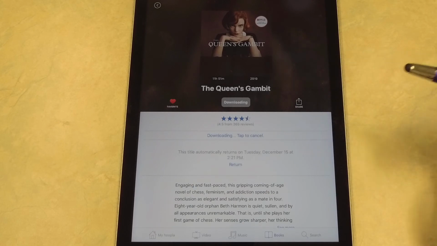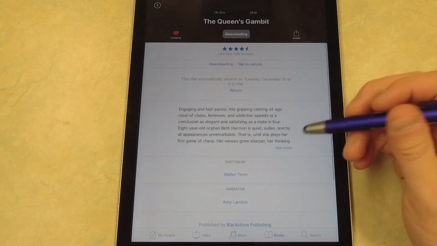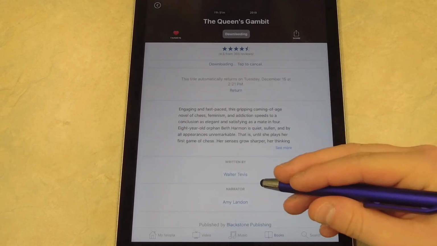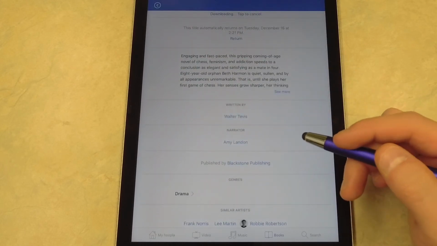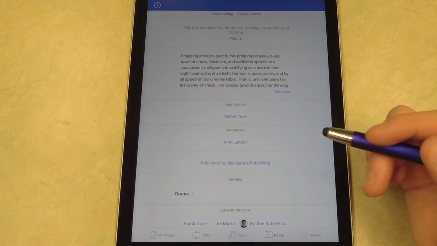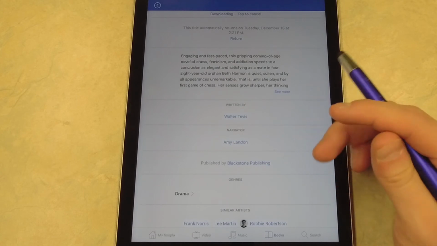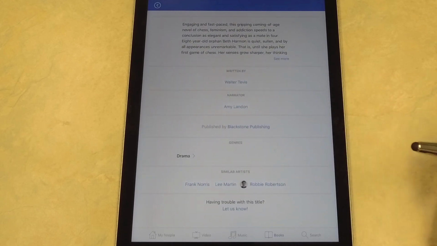So this is still downloading, and I'll scroll down. Here you can see a description of what it's about. It's written by Walter Tevis. You can see the narrator. Some people love narrators in audiobooks and will listen to anything by them because they like their voice so much. You can also see similar artists,